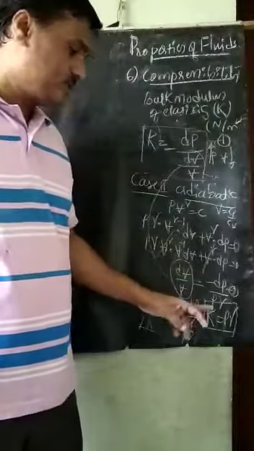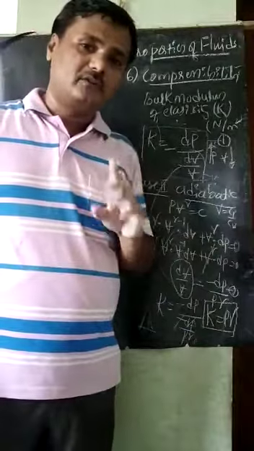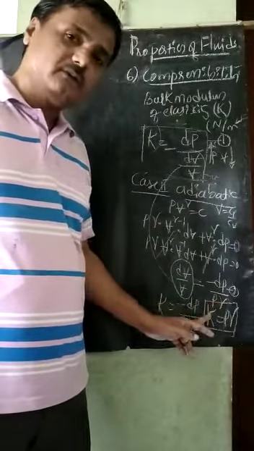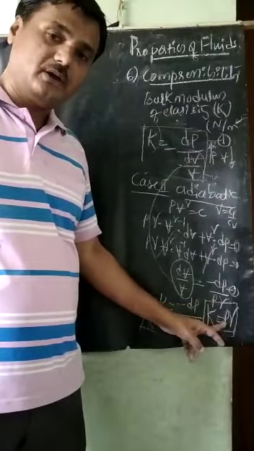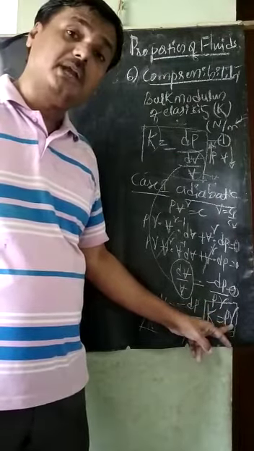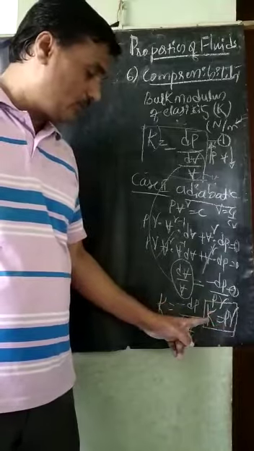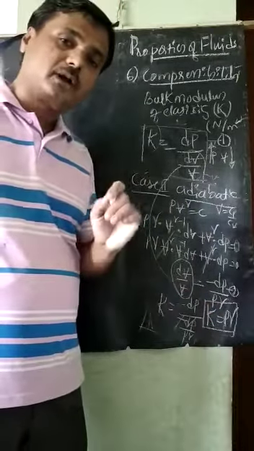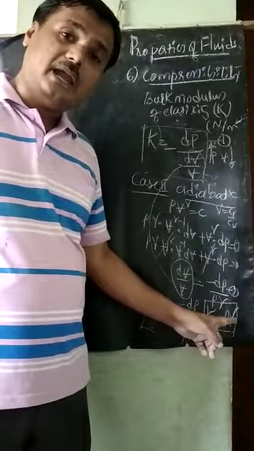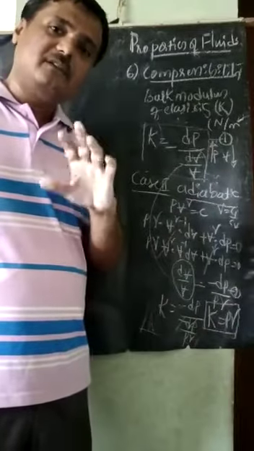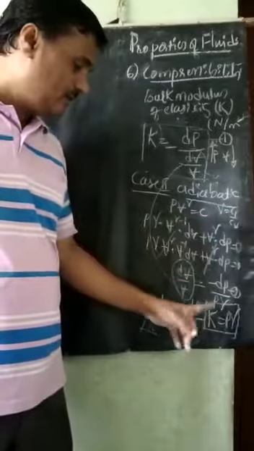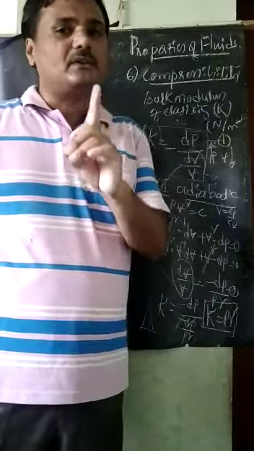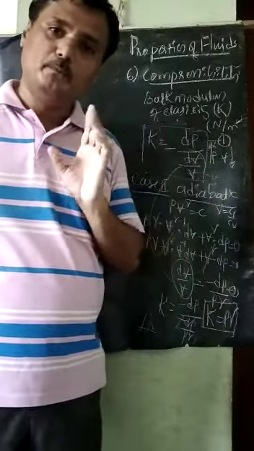The bulk modulus not only depends on the pressure here now, it also depends on the adiabatic constant. So therefore bulk modulus in case of the adiabatic process is equal to the product of the intensity of pressure and adiabatic constant. Whereas in case of the isothermal process, the bulk modulus of elasticity only depends on the pressure. K is equal to P.